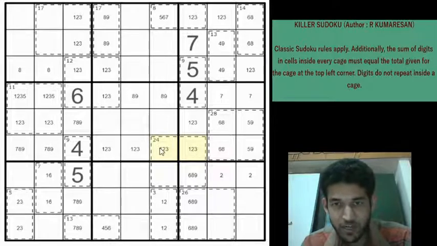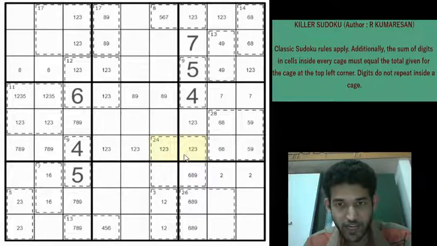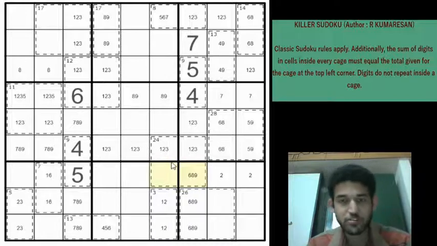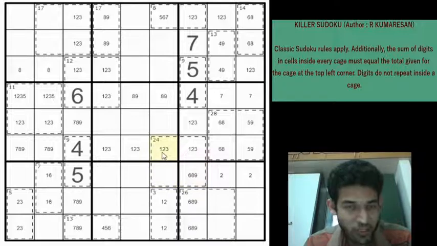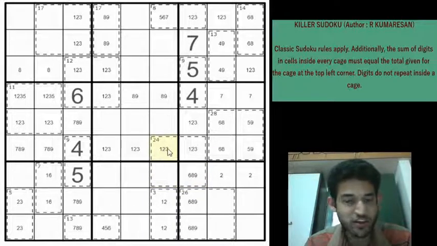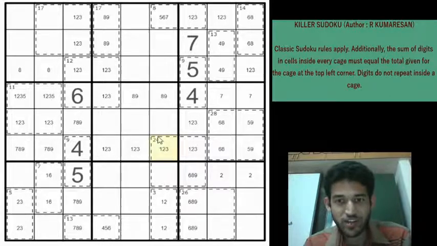The maximum total we can get from these 2 cells is when it has 2 plus 3, right? Which gives a 5. Then we need to have 19 from these cells to satisfy the 24 total, which is not possible, right? Maximum total from 2 cells is only 17. So you can eliminate the 1, 2 and 3 from here, right? If you have anything of 1, 2 and 3, you cannot satisfy the 24 total.